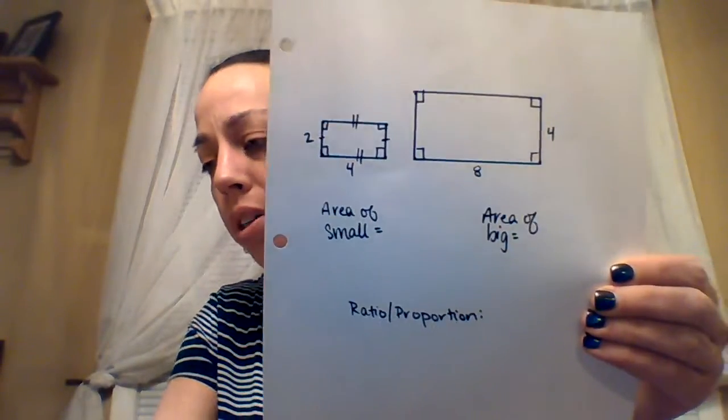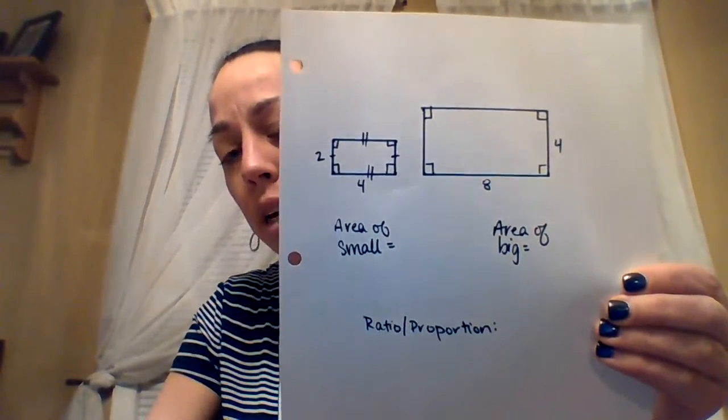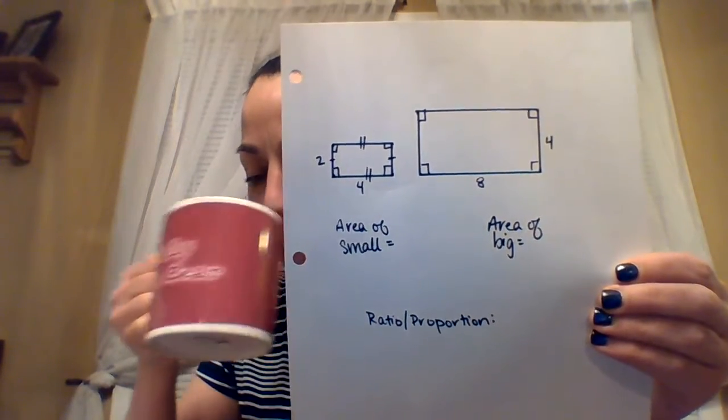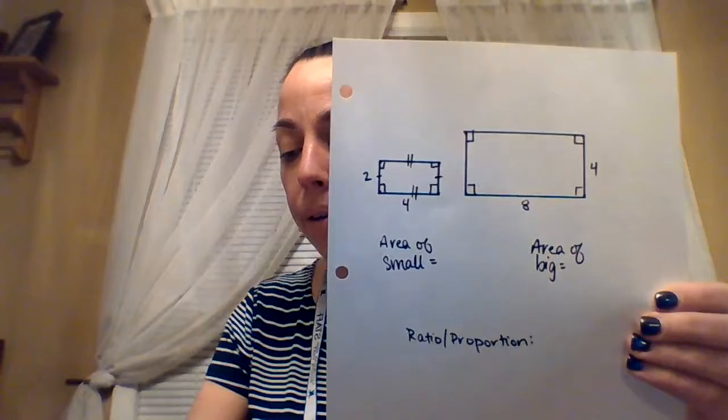So we're going to look at two different shapes here. They're both rectangles, drawn to scale to each other, and we're going to figure out a few things about them. I've got a few things already pre-written on my paper. I would like you to write those down as well. Go ahead and pause your video if you need to. I'm going to take a quick sip of coffee as you're doing this. All right. So we have these two rectangles, and